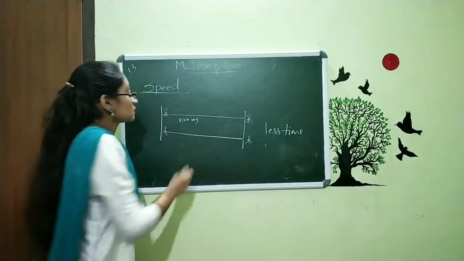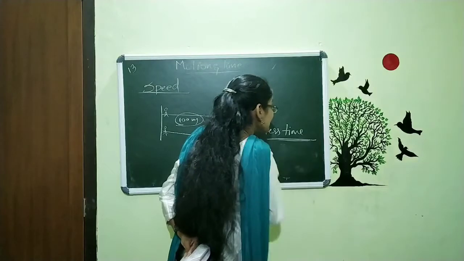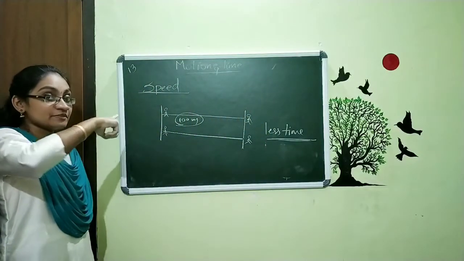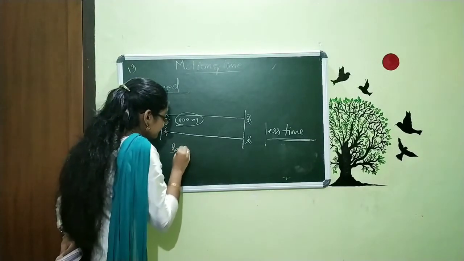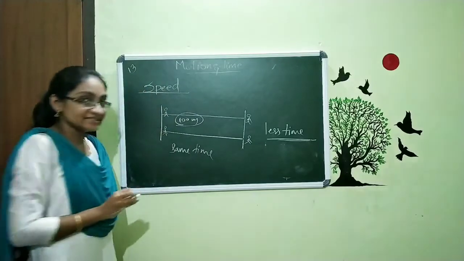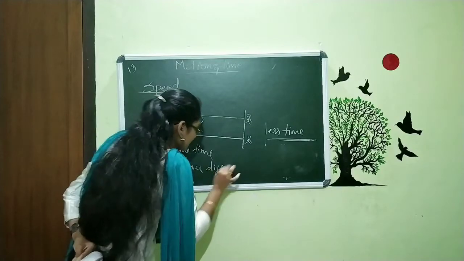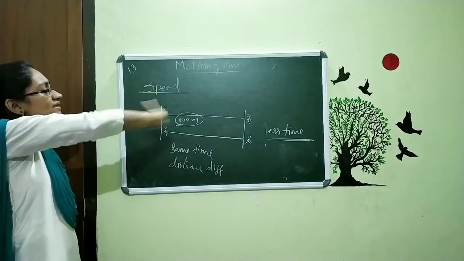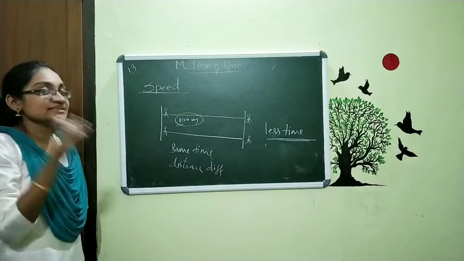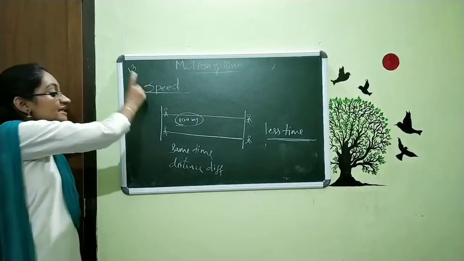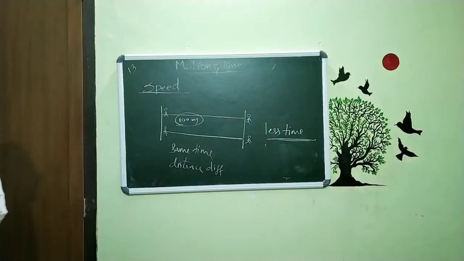So here also the distance is the same, the 100 meter, and in this case we consider the time. And in the last experiment or the last activity, we considered the same time and the distance was different. So when we are considering all cases relative to speed, we are taking the distance and time. So for the speed, this distance and time are very important, and now I am going to define this speed as